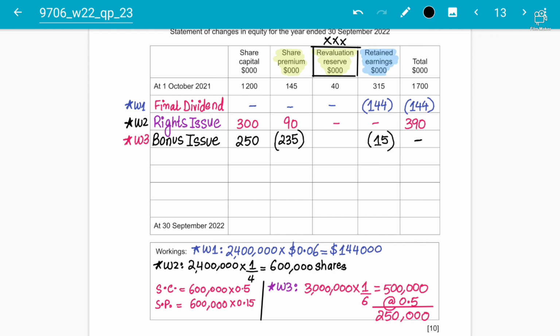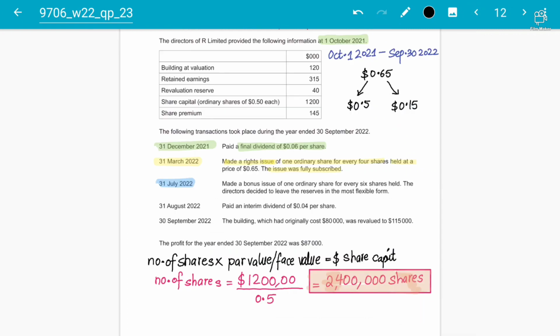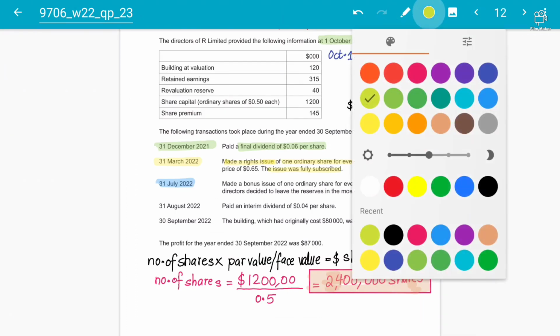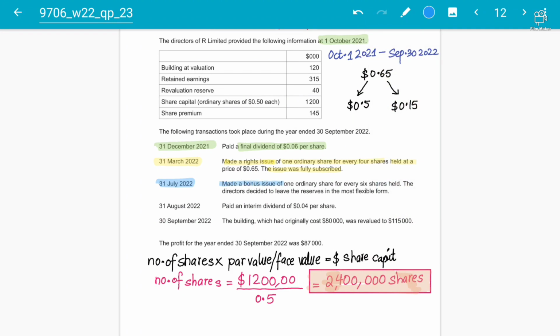So we will utilize all of what is available in the share premium. So 235,000 is utilized, and still 15,000 is remaining from the retained earnings that we are financing from there. Next adjustments will be simple and easy according to me. So this is the bonus issue done as well. Okay, so we have done most of the tricky adjustments.